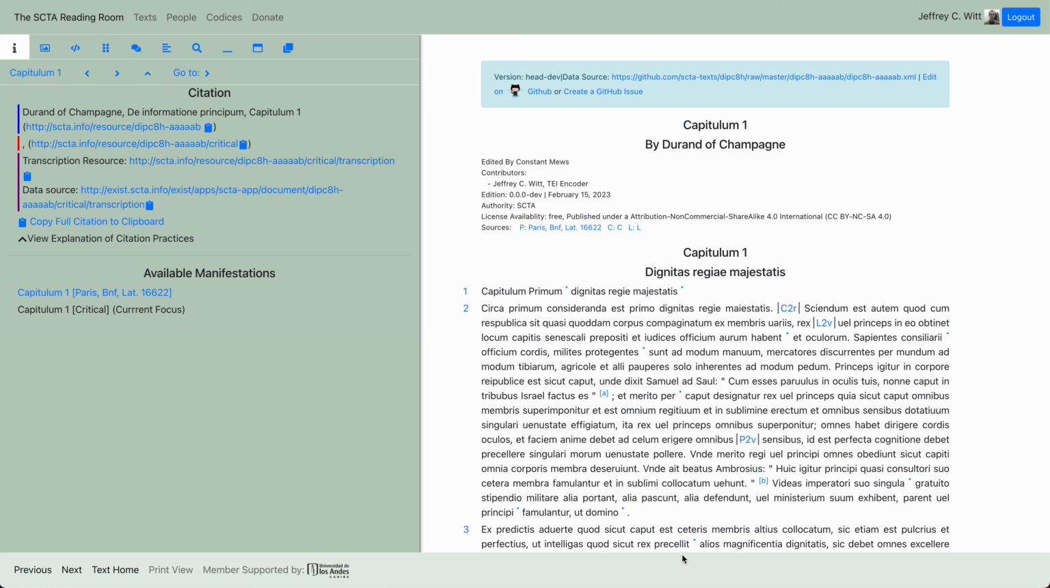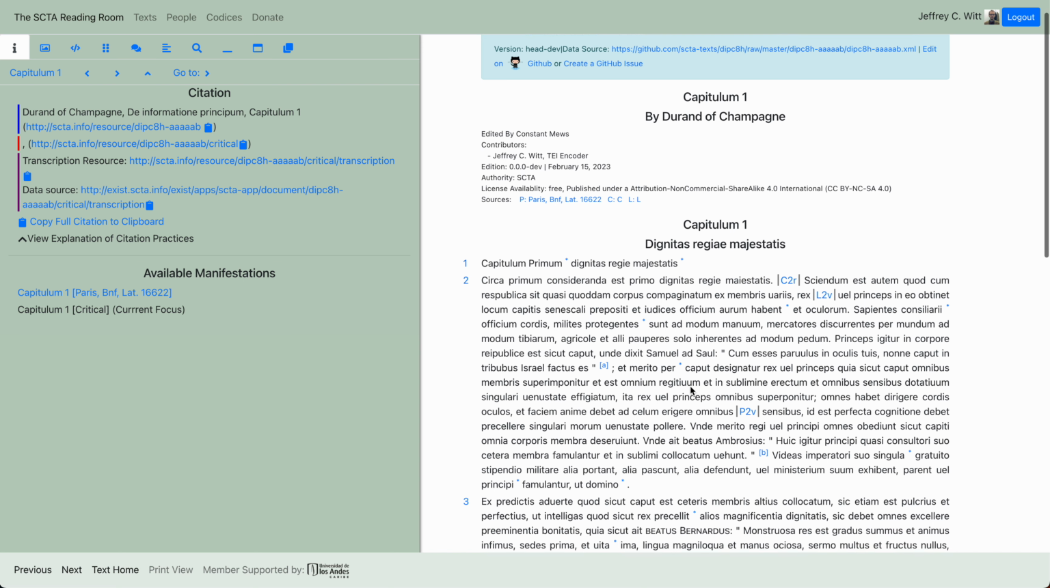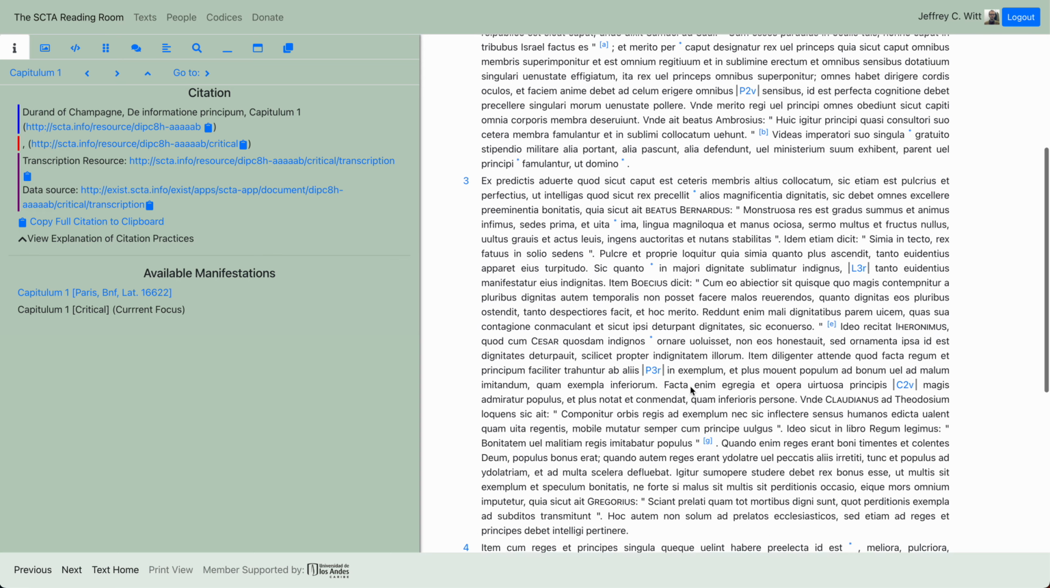This is just meant to be a quick guided tour through the demo version of the Durand of Champagne text that we started, so that you can see some of the dynamic features that are available and how to use the different menus so that you can explore those features on your own. If you take the link that brings you to chapter one, you'll see basically a web layout of